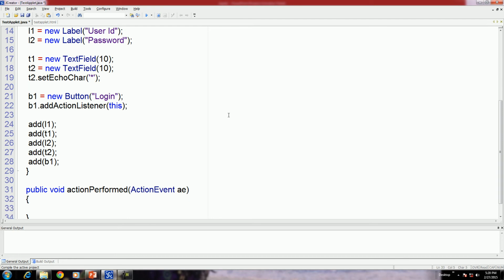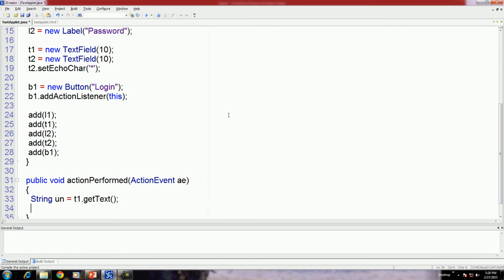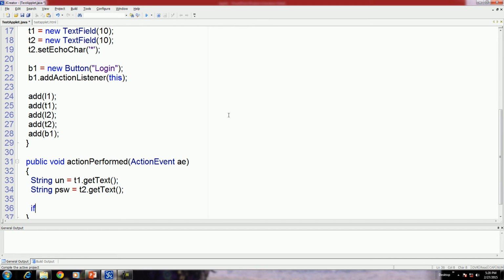Okay, now suppose here we take toString, username is equal to, in this variable get the value from text box 1 by using the method getText. After that there is the password, text box 2. Okay, now check it with a fixed username and password.